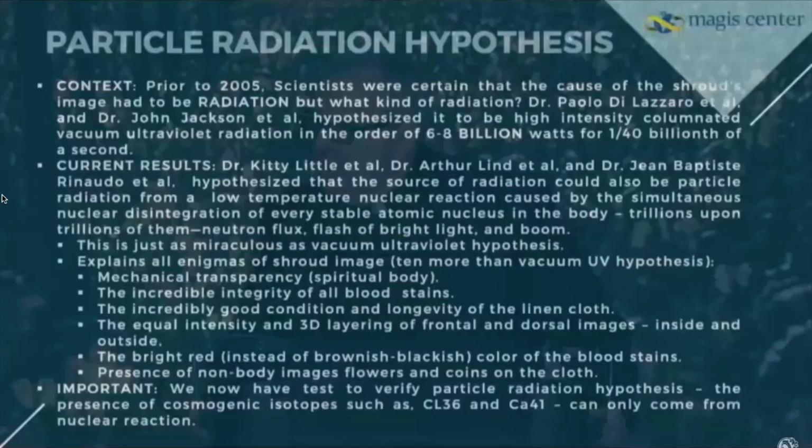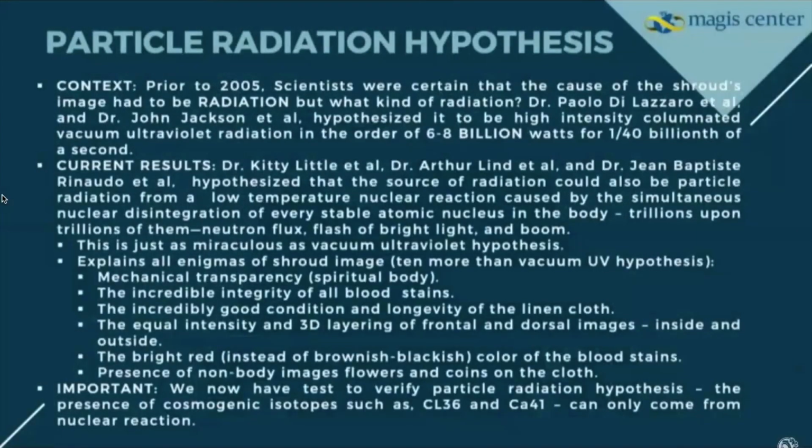Hypothesis. Right now, we know for a fact there's only one way of producing that image on the shroud because of its peculiarities. Radiation. It's the only way. Now, there's two kinds of radiation that could do it. One has been postulated by John Jackson and by Paolo Di Lazzaro, and their team actually did a